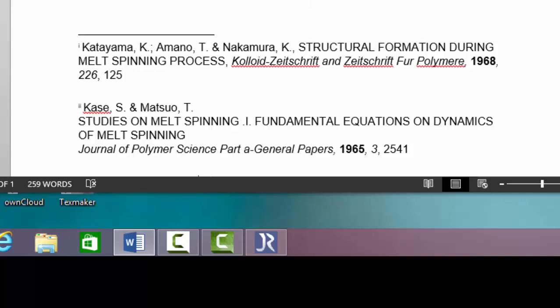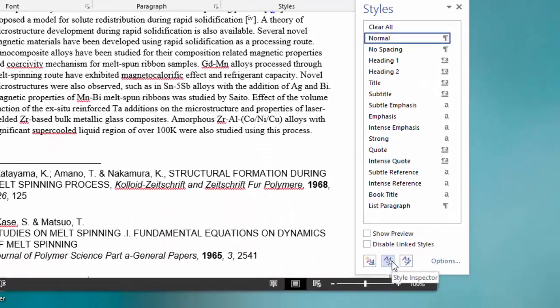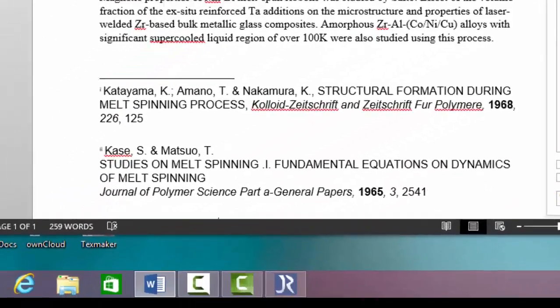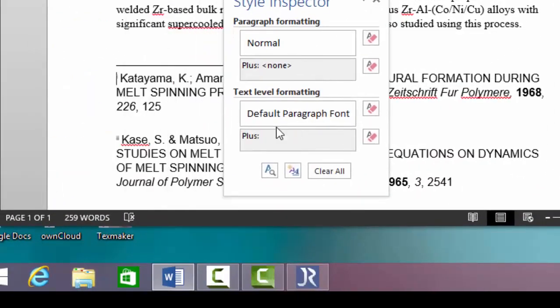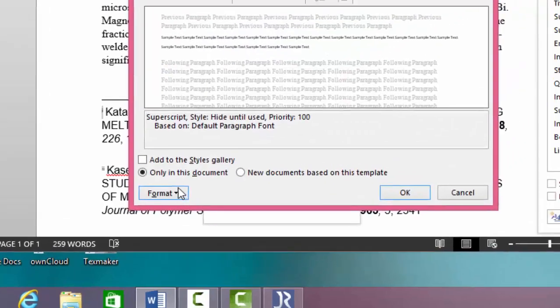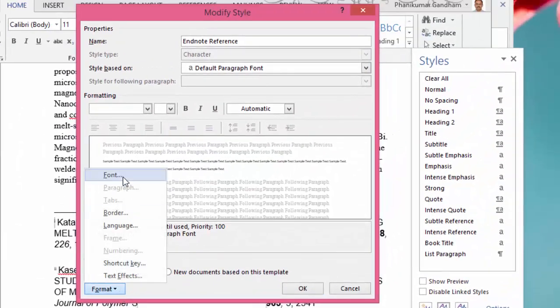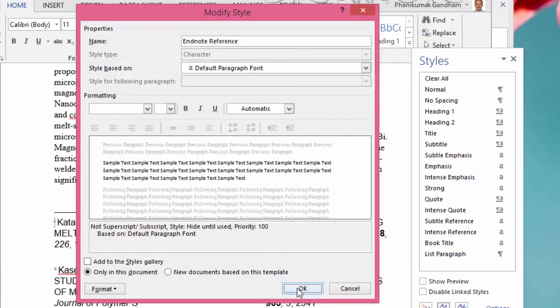So for that, what we need to do is go to home and go to styles, and then in the center of the bottom you have style inspector. Click on that and highlight the endnote reference, and you would see that it has detected the endnote reference format. You open the dialog here and modify, and we can modify now the font. As you can see, there is a superscript written here. We remove that here and say OK, and then OK here,